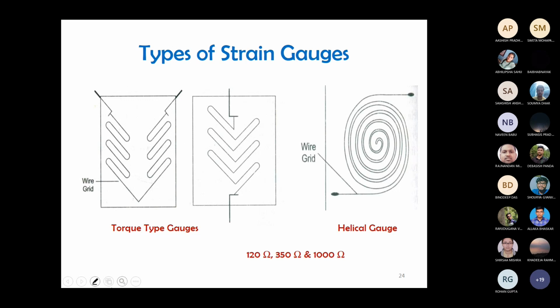Other different types of strain gauges are there. This is the torque type strain gauge, and this is the helical type. Helical means it looks like a spring. So two different types: one is the torque type strain gauge, another one is the helical strain gauge. Helical means spherical, so only the formulas will change. For a sphere, you have to know the radius, then the height. Basically, when you are deriving the formulas for volume, you need to incorporate every parameter, so you need to know their actual values.